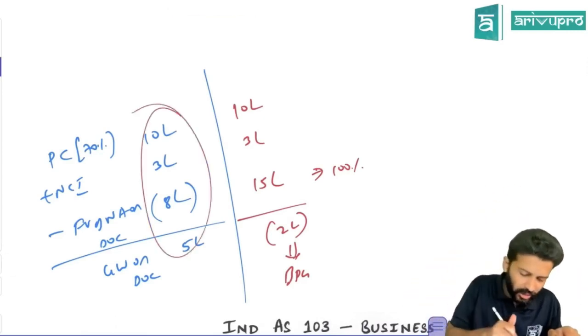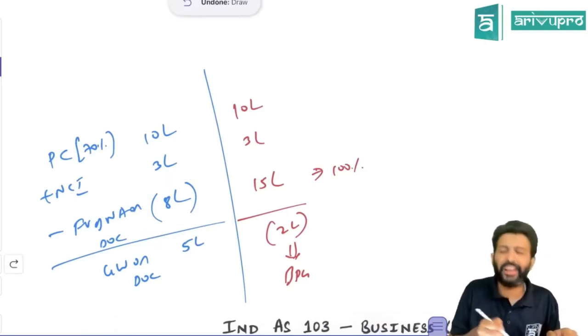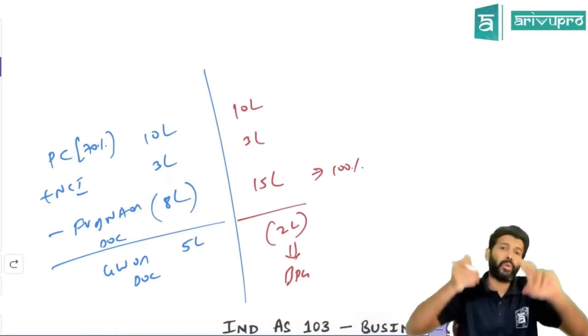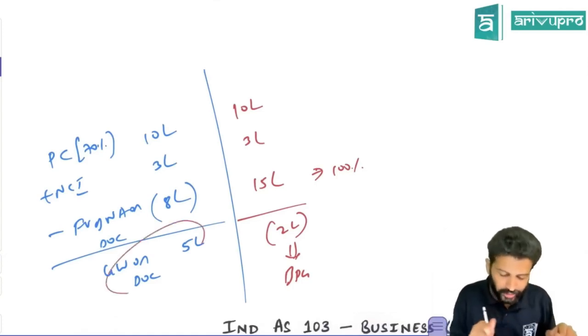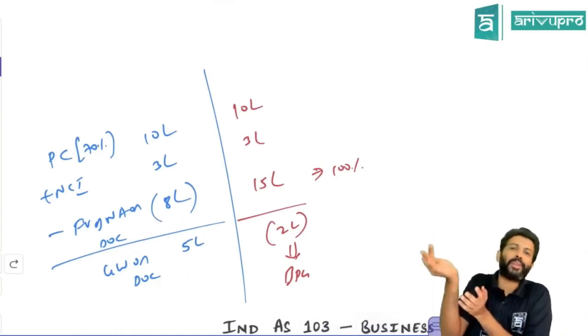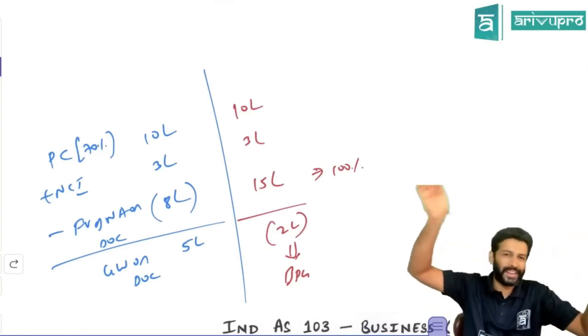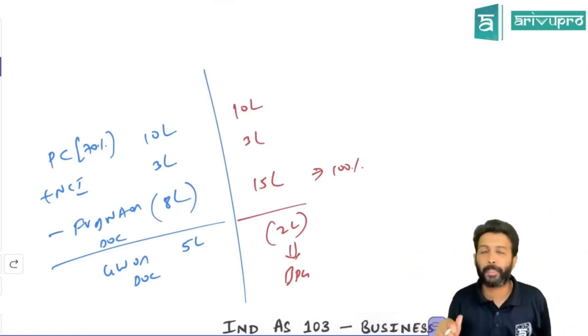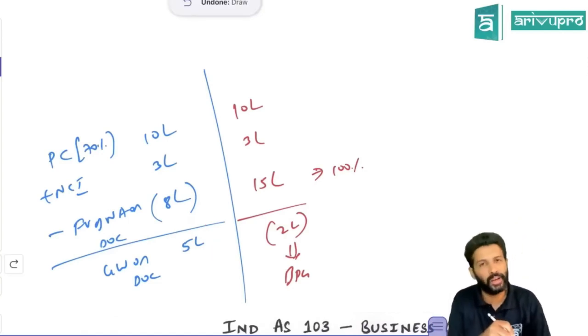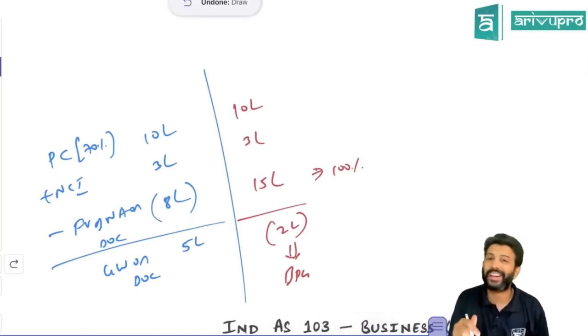Okay. In this scenario, the worth of that asset is only 8 lakh, but the parent company has paid more. Since the parent company has paid more, they have made a loss. That loss, IND AS 103 asks you to account for as goodwill. Because maybe the goodwill was generated by the subsidiary company over many years, they have to pay a lot. The parent has to pay some extra money. That's the reason. So basically the loss scenario, we call goodwill. The gain scenario, we call bargain purchase gain.